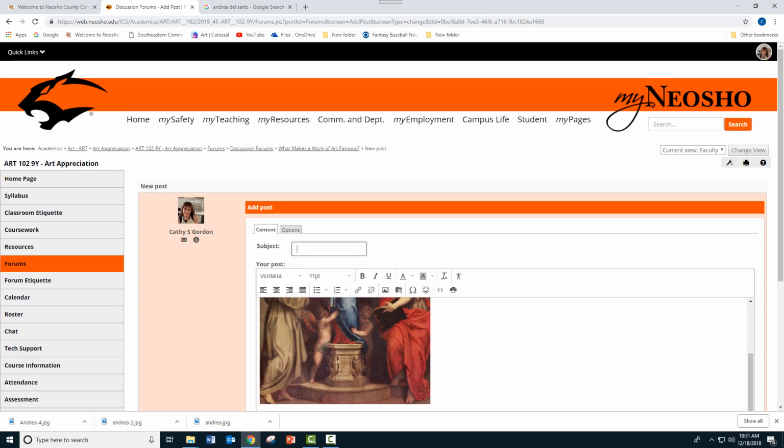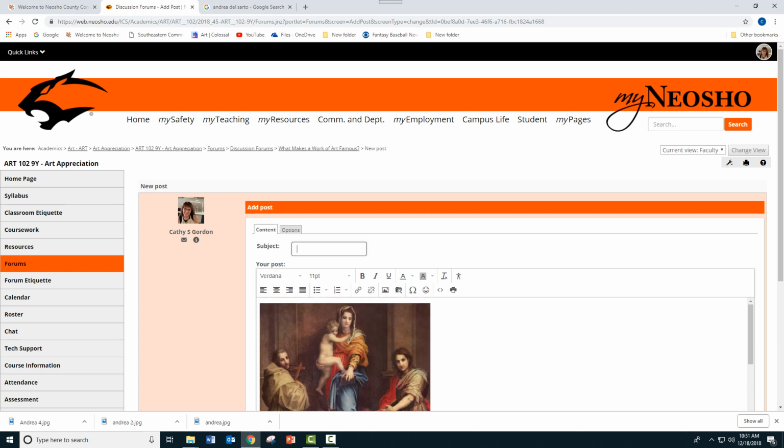So I hope this helps answer some questions for you. It is a little bit confusing. I think the biggest thing is just make sure that you get your image, you save it to your computer, and then you upload it by going to the insert image little icon, and then the Moxie Manager will come up and you'll have to upload it into that. So let me know if you have any